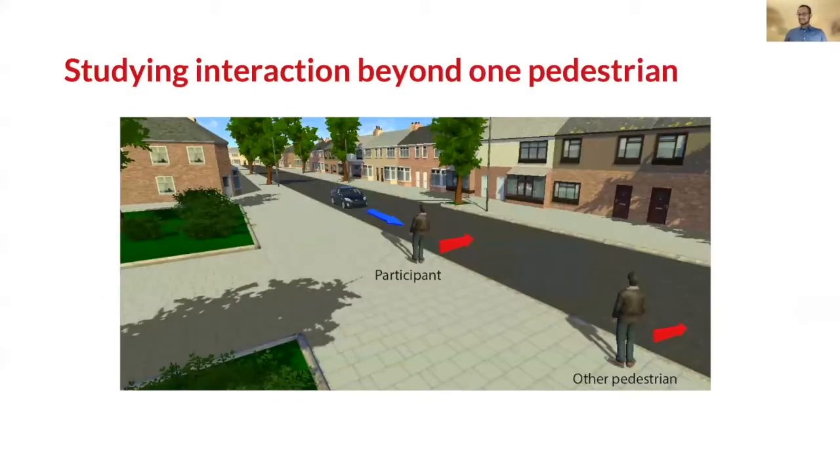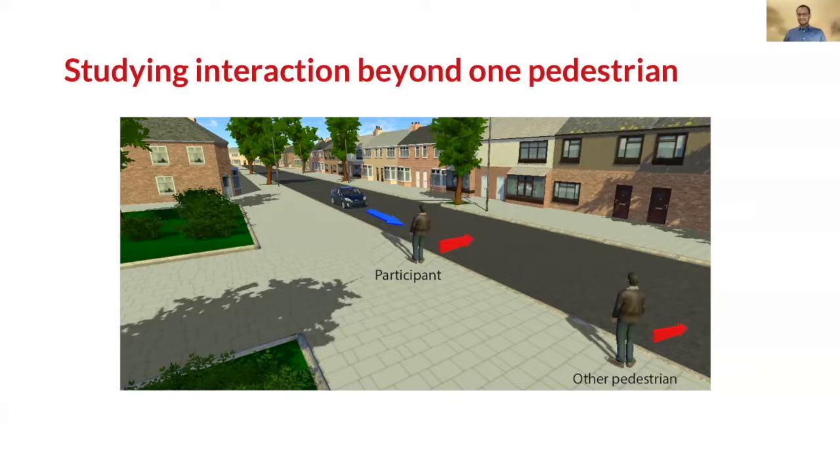There has not been a lot of research in this area on multi-pedestrian scenarios. So to scope the study and reduce the confounding factors, we started with the lowest threshold of multiple pedestrians, that is just two pedestrians. In this scenario, two pedestrians are standing on the side of the road and a self-driving car approaches them. As the car slows down, the pedestrian has to decide whether the car intends to yield to them or to the pedestrian standing further down the road.